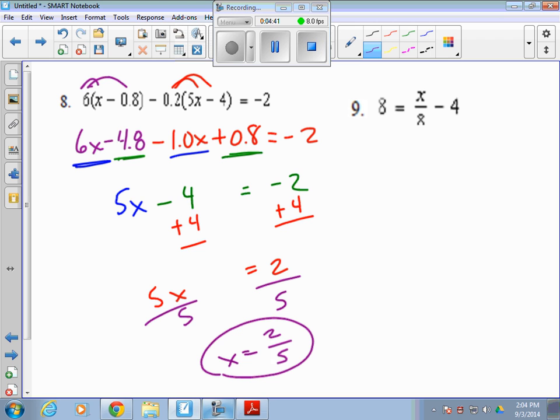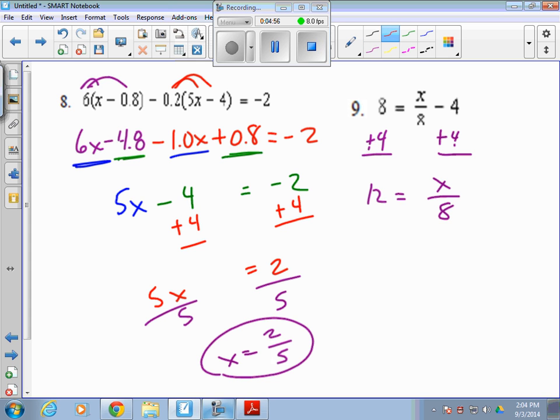Number 9 says 8 equals x over 8 minus 4. Undo. Remember, you work your order of operations backwards. You undo addition and subtraction first. So you undo minus 4 by adding it. If you do it to the right side, do it to the left side. 8 plus 4 is 12 equals x over 8, or x